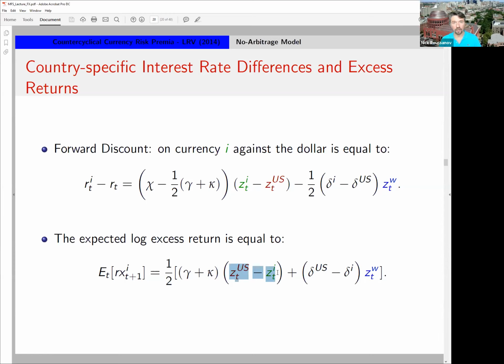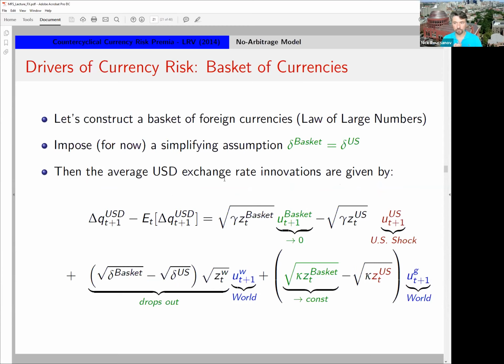So if you do this, if you put a bunch of countries into a basket, what do you get? Well, basically it's the same thing as I showed before, except now it's the country-specific shocks averaged across the basket. So that's going to go to zero because they're presumably IID across countries. That's what makes them country-specific. The U.S.-specific shock will, of course, be there, but as I said, that is relatively small. If the U.S. is an average country in terms of its exposure to global shocks, this first global term will drop out.